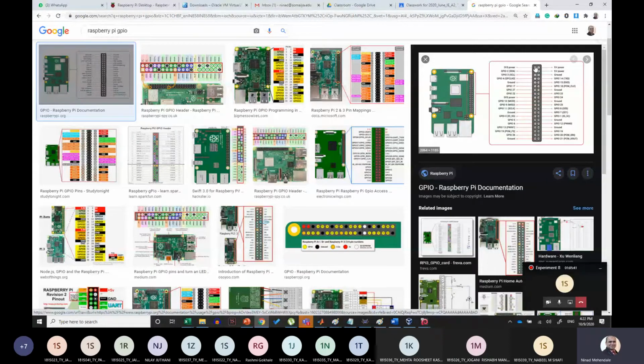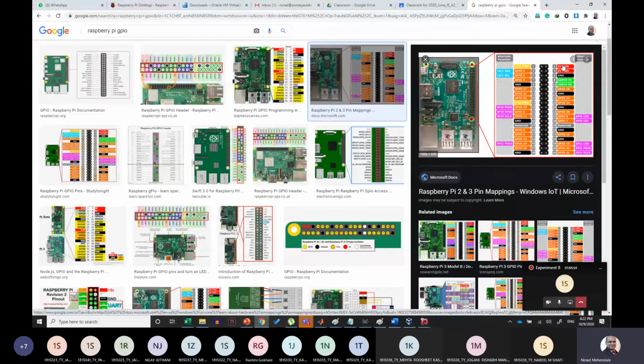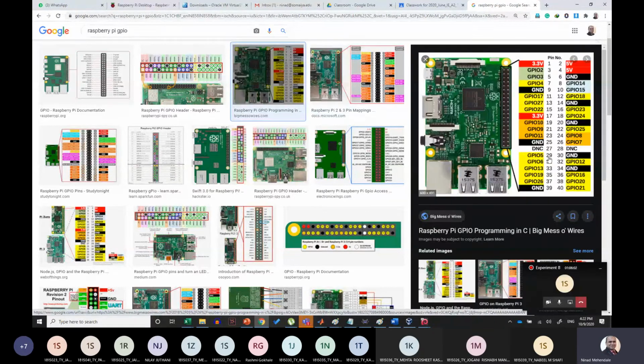Okay. We have the traditional naming method as 1, 2, 3, 4, 5, 6 and so on, then 21, 22 up to 40. But this Raspberry Pi GPIO is named in a strange manner where your pin number 1 is on this side, pin number 2 on the opposite side. So 1, 2, 3, 4, 5, 6, 7, 8, 9, 10 and so on. Okay. And these are the functions.